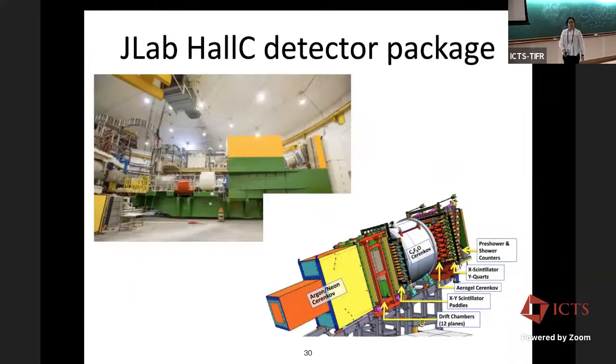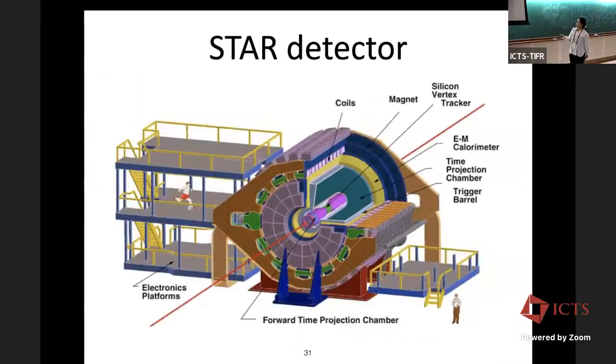So how does it look in actual detectors? This is the CLAS spectrometer detector package here. You have this onion structure. I have a drift chamber, which is the tracker, and then there's PID, and you can see the calorimeter here is all the way in the back. This is the STAR detector from the collider, so you have a more symmetric structure around the interaction point, and on the most inner side you normally have this tracking detector, and also this other tracking detector here, and then the calorimeter after that.